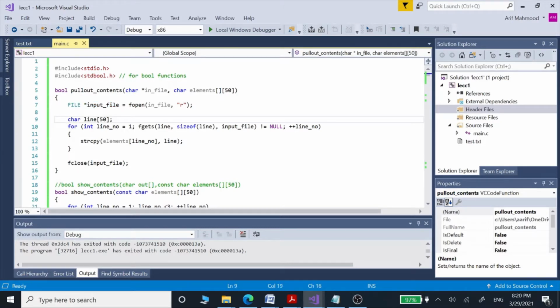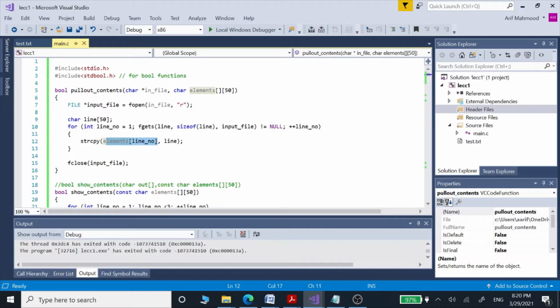After that, we first define our line variable, which is a string variable, and we use it inside this fgets function. We put the contents of our input file line by line into this line variable, and then we put the contents of our line variable inside this string array one by one, line by line, using this string copy function.